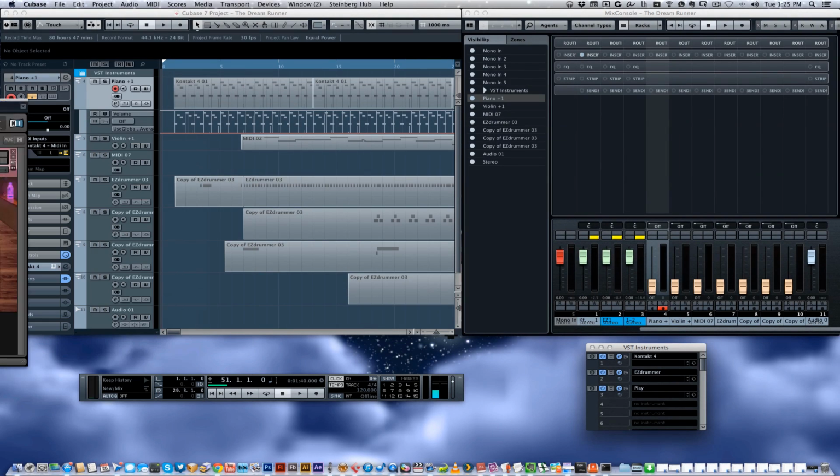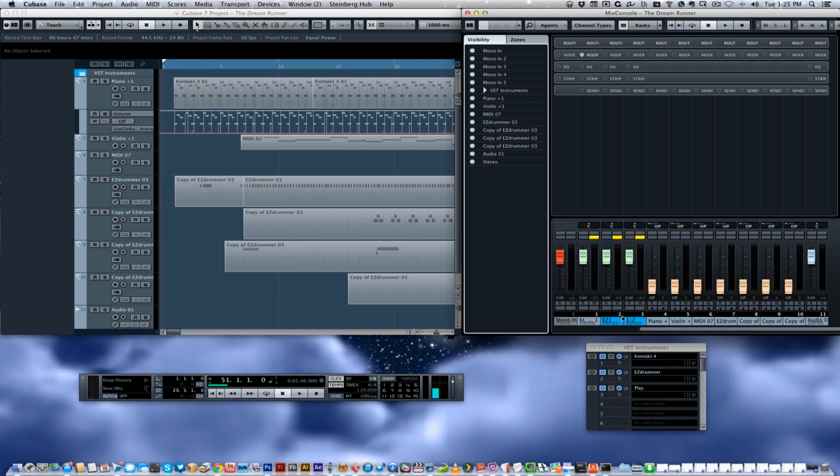Anyway, that's basically how instruments work. You can add in your own effects too, just as we did with the audio track, and we'll talk more about that in the next lesson when we are actually mixing stuff. But you'll see over here in the mixer, there are some stereo tracks here. There are also MIDI tracks. You'll see these are the MIDI tracks